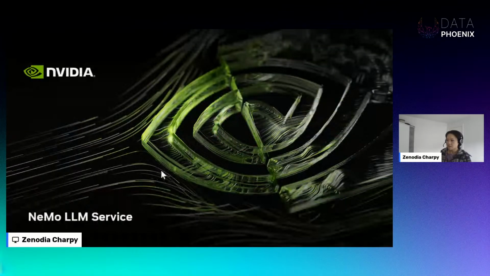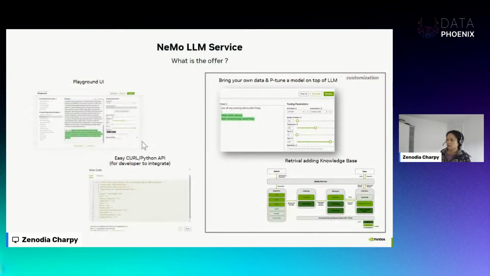So what is the NeMo LLM service? What are we offering? Here's what we offer. We have the normal playground user interface, and the curl and Python API commands, so that you can integrate it into your own applications. We also provide customization techniques. For the moment, there are only two, but there are more to come. First is the p-tuning technique.